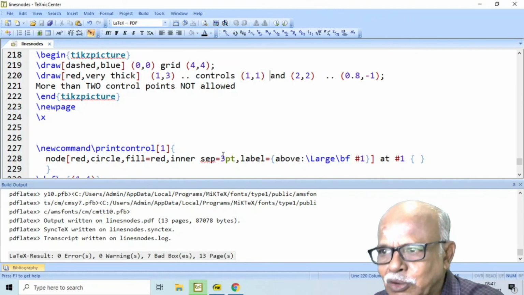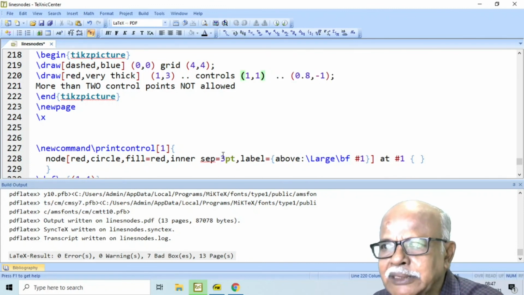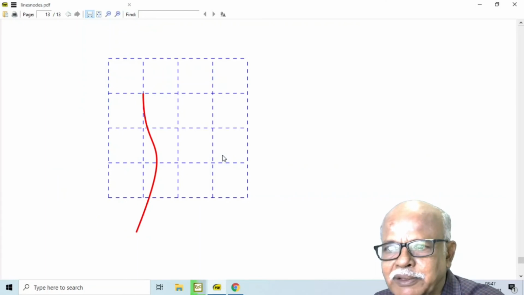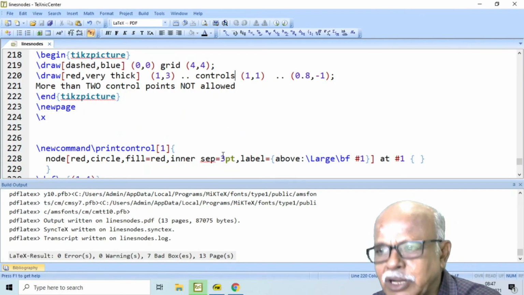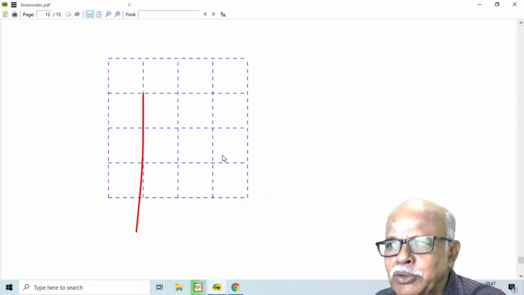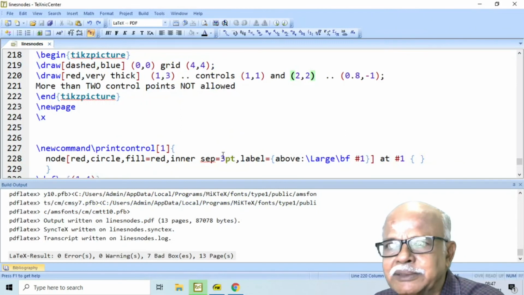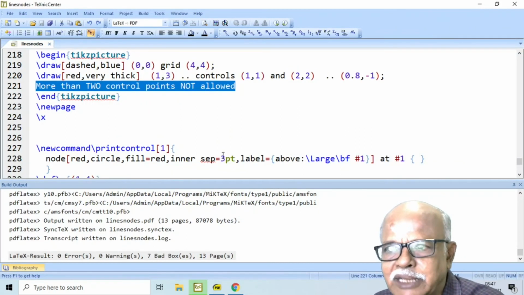Even if you have got only one controlling point, remember the syntax is controls. Only then it will work. With one control point, suppose you have 2 control points, you can change the shape like this. Remember, more than 2 control points are not allowed.